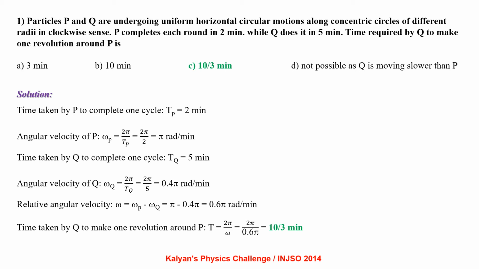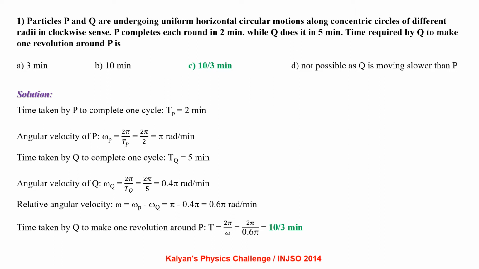Particles P and Q are undergoing uniform horizontal circular motion along concentric circles of different radii in clockwise sense. P completes each round in 2 minutes while Q does it in 5 minutes. Time required by Q to make one revolution around P is: